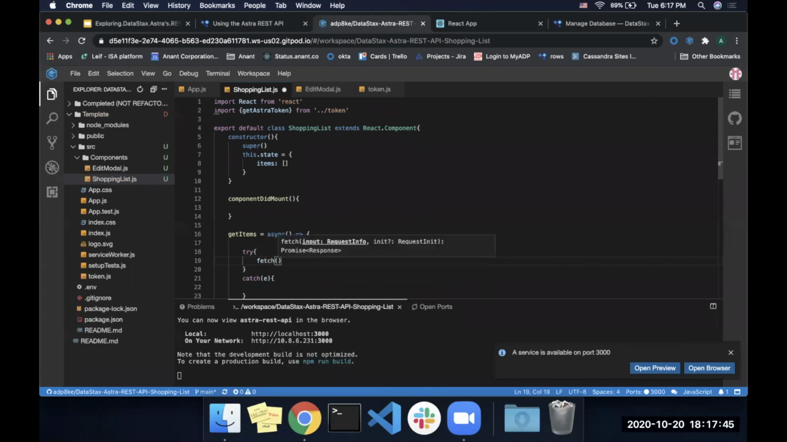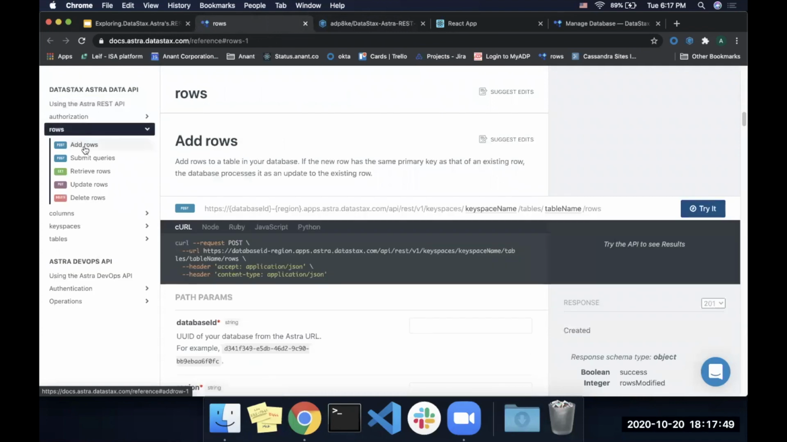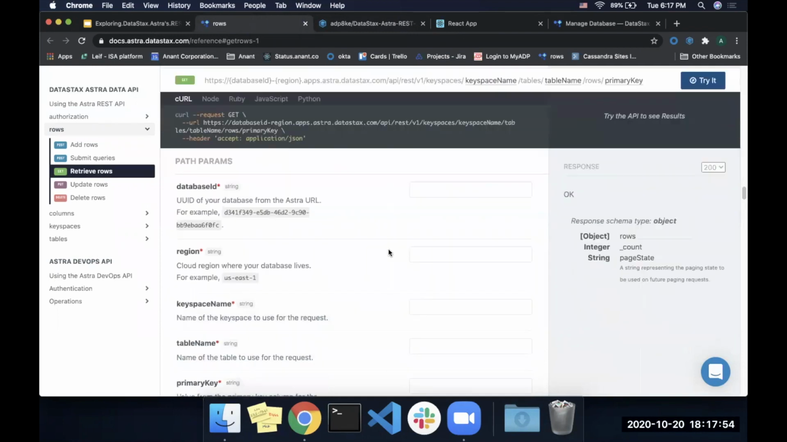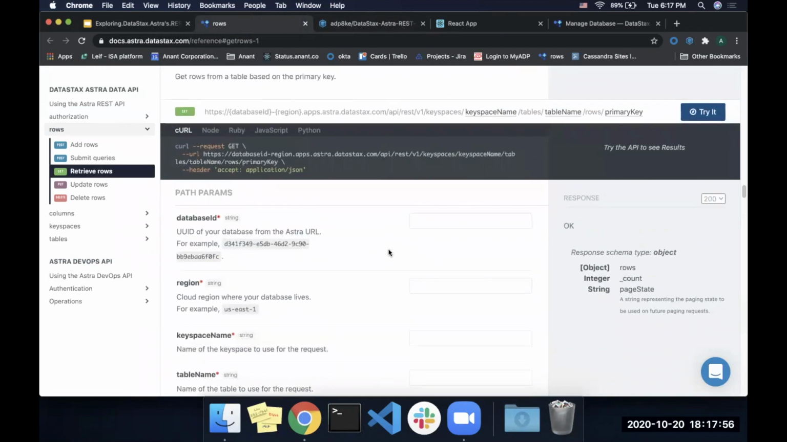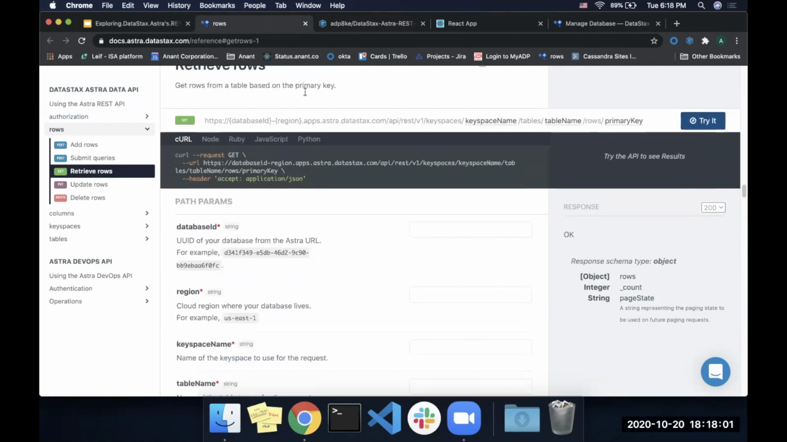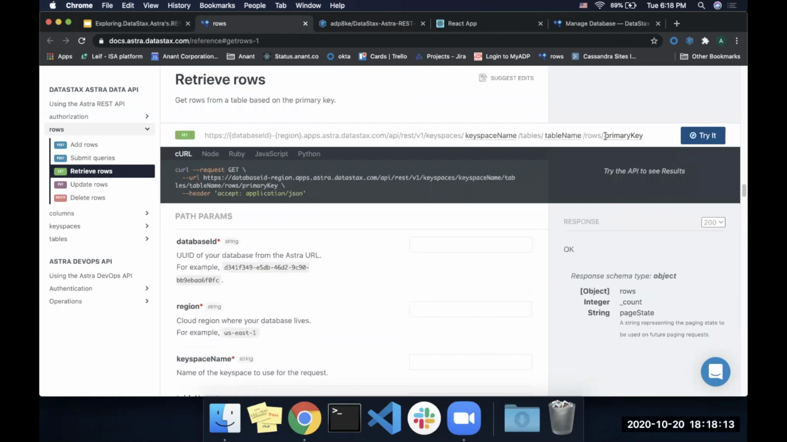So we're just going to do a fetch, and we're going to look at the docs. We're going to go to get rows. So the docs are a little bit confusing, to where if you want to try this on your own, you see how it says retrieve rows. It says get rows based on primary key. If you do that, and you put in your primary key, it's going to give you back only one item. So the way to get back all items is you do not include this primary key part. Instead, you do everything before that. So I'm just going to go ahead and